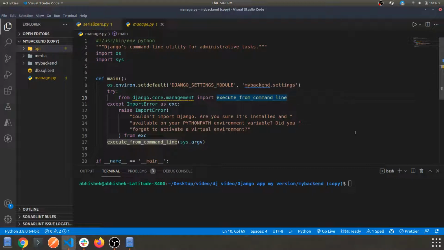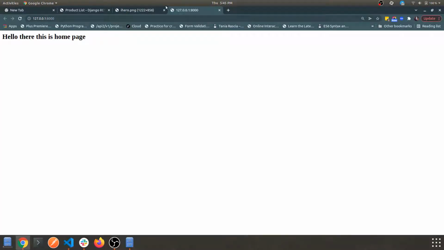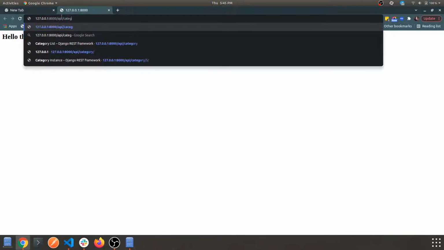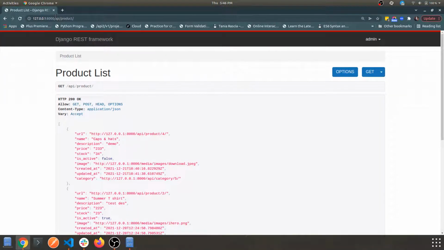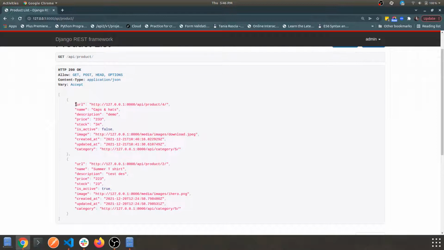So let me just start my server, and let's navigate to the port. Currently, this is our home page, and let's navigate to the products route. This is our current response which we are getting in the products API route, which is basically an array of objects showing you all the fields, even the irrelevant ones, like created at, updated at, and some other fields.